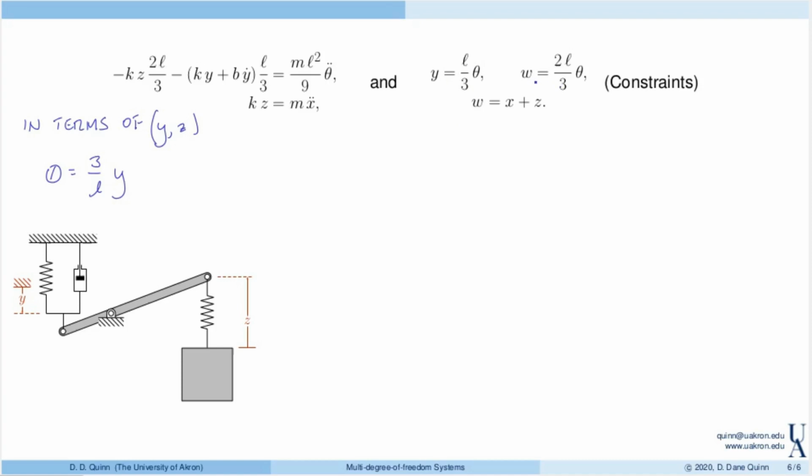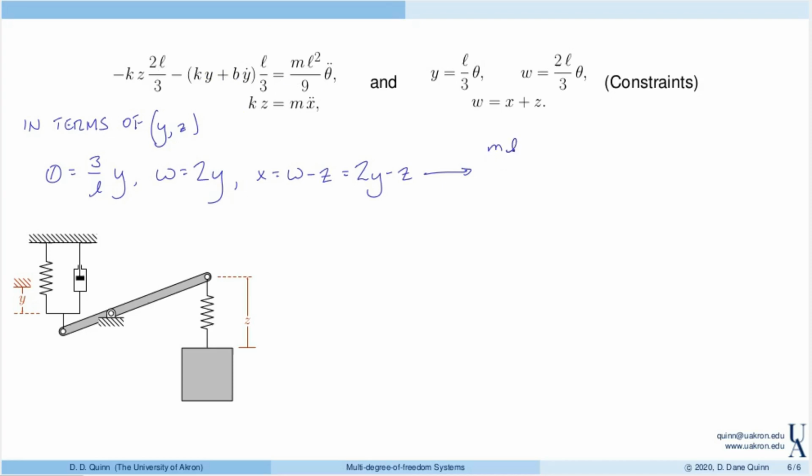Looking at w, we see that w is 2 times L theta over 3, which L theta over 3 is equal to y, and we find that w is just twice y. And finally, x is equal to w minus z, or 2y minus z. So using these 3 relationships, we can substitute those into the equations that we obtained from momentum balance and find that